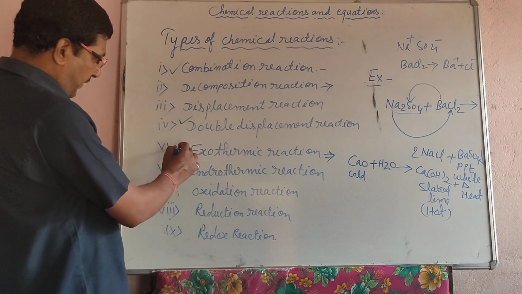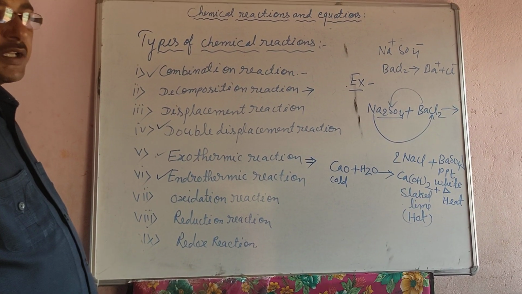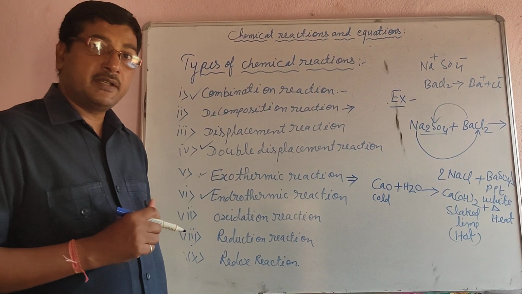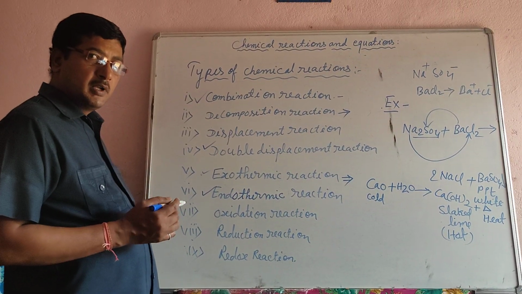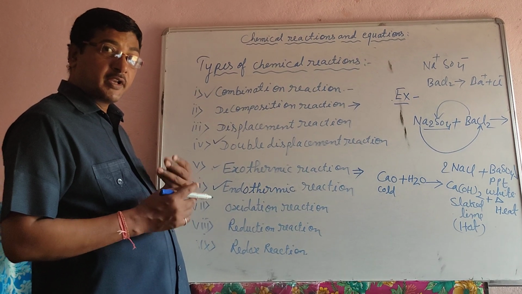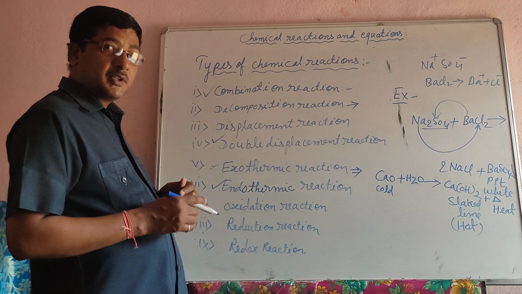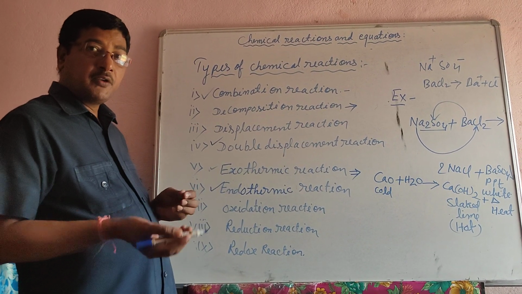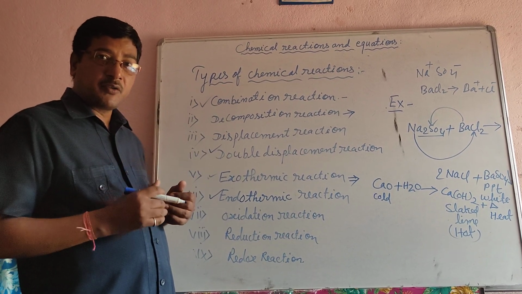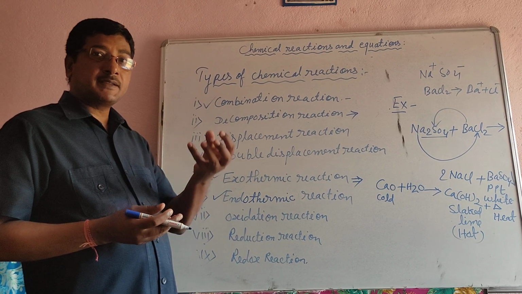Another type of reaction is the endothermic reaction. You might have seen glucose. When we take glucose and put it in our mouth, at that time we feel cold. Why do we feel cold? When we take glucose during games and sports or any other event, glucose is distributed and children are given the glucose. When you put the glucose on the tongue, what do you find? Immediately we feel cold. Why? Because heat from the tongue is taken out.